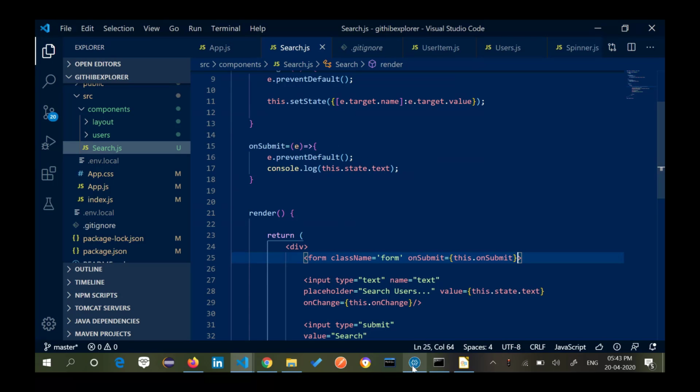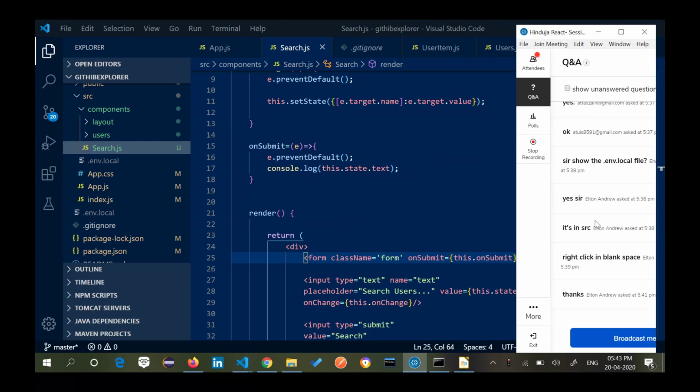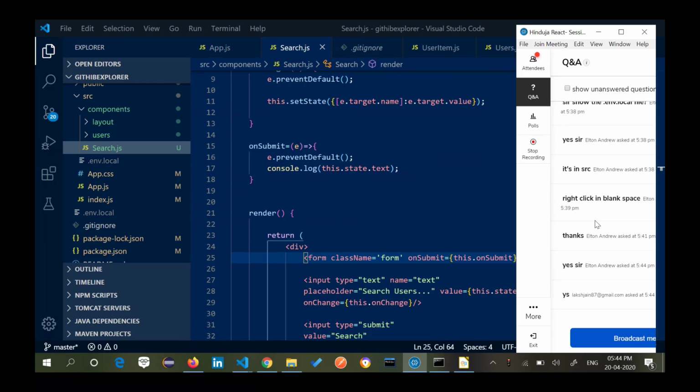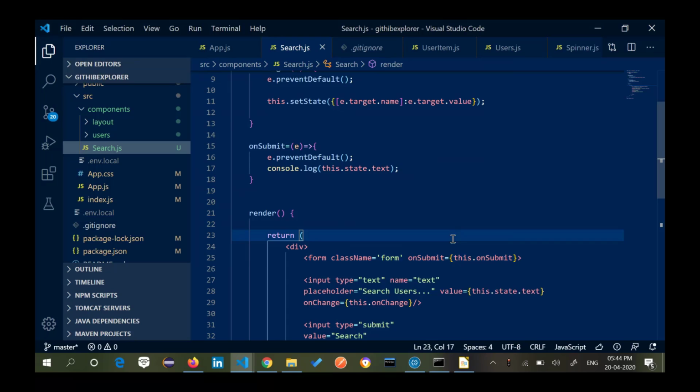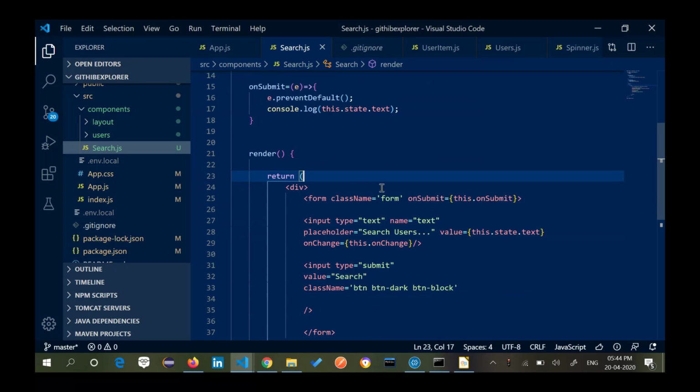Is everyone clear on this point? What I have done here is I have created the form, and on submit of this form I have done this.